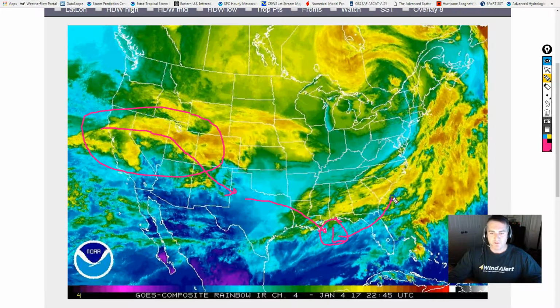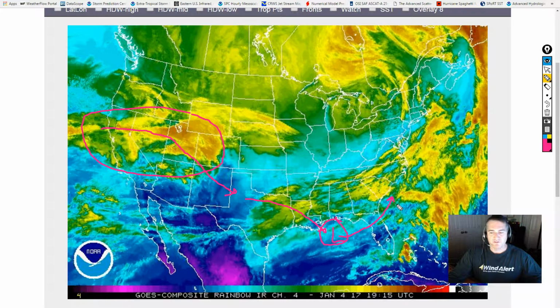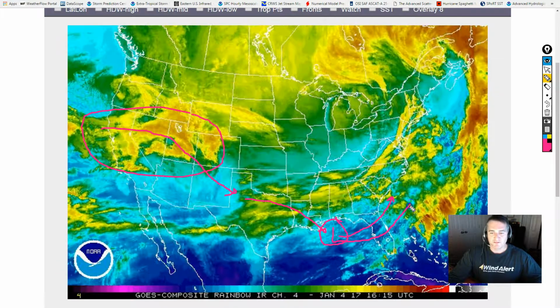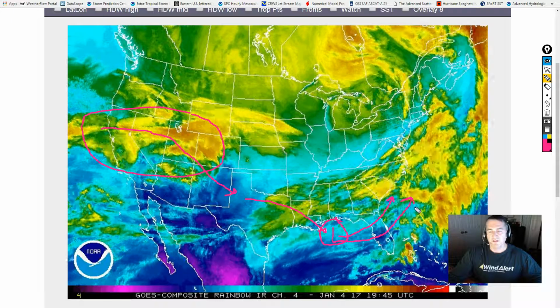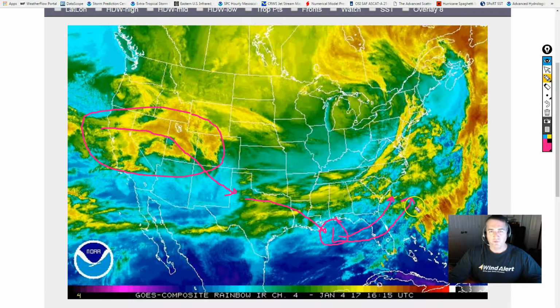One track takes it a little bit closer to the coastline. The Euro trended on this earlier. It's now bringing it just a little further out, but it still keeps it kind of hugged in. And then the other track from the GFS keeps it a little bit further off the coastline. Each of these tracks is significant on whether or not we'll see snow or wintry mix make it all the